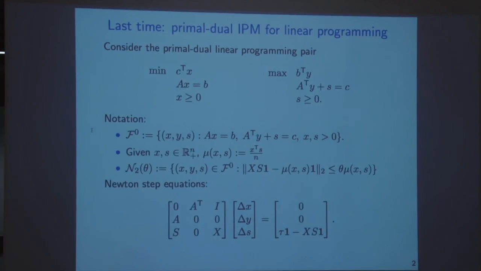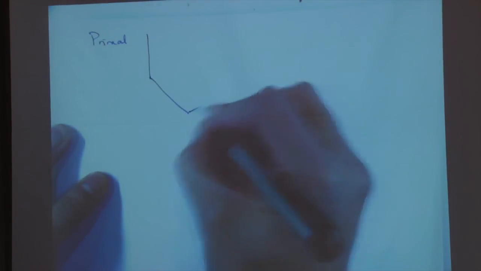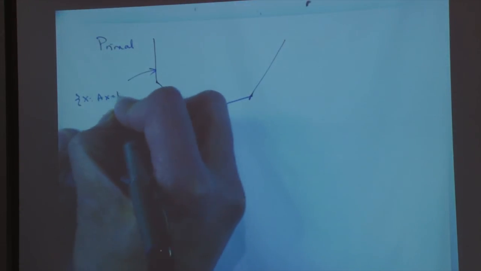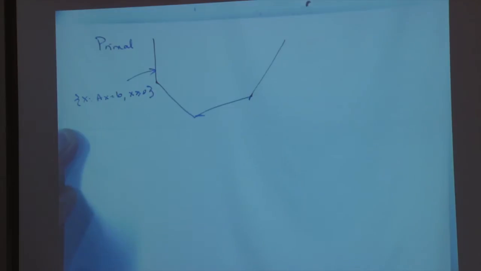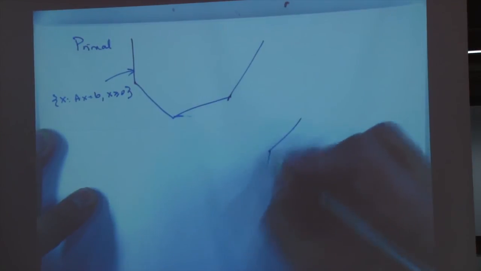The first piece of notation is that F0 set that represents the set of strictly feasible solutions for both the primal and dual problems. One thing that I want to reiterate is that this is a neat way of thinking about F0. If you think about your primal problem, it looks perhaps something like this. This would be the set of points that are feasible for the primal problem. And then the dual problem would look like another